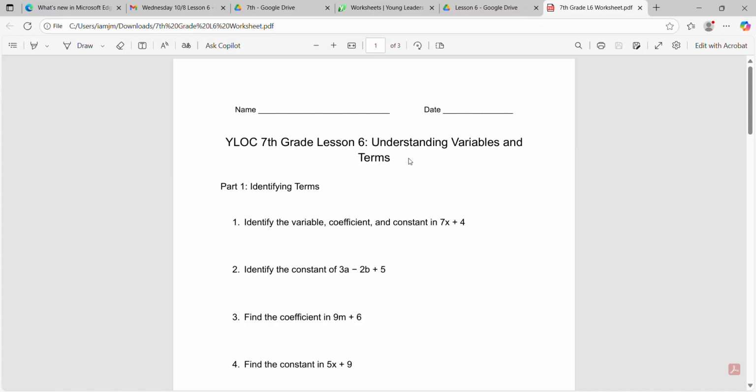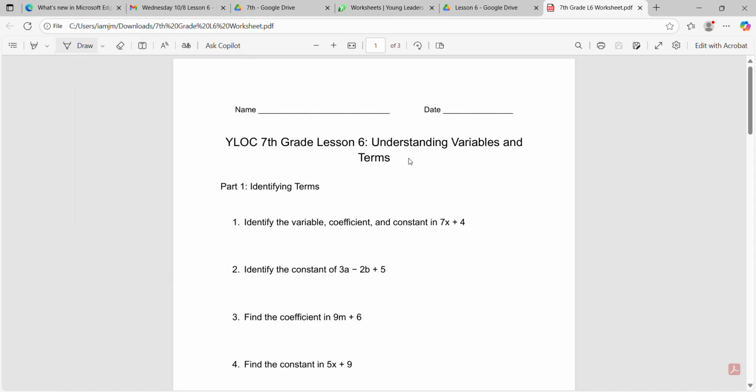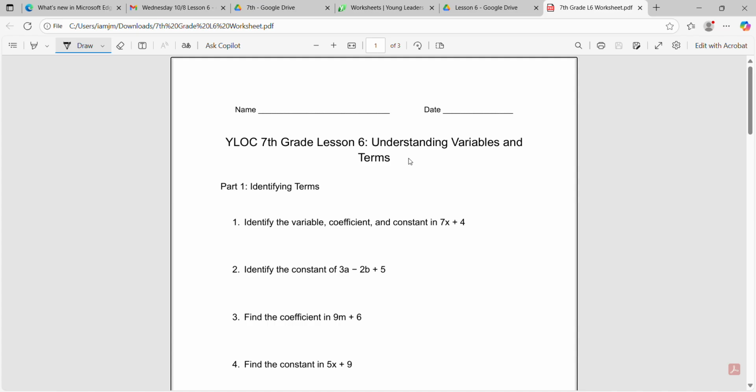Guys, today is lesson 6, understanding variables and terms. For today's lesson, we will be dissecting an expression and finding the variables, coefficient, and constant. Later on, we'll be learning furthermore to